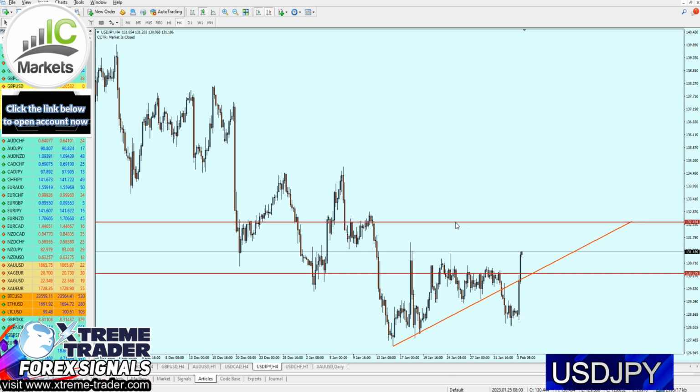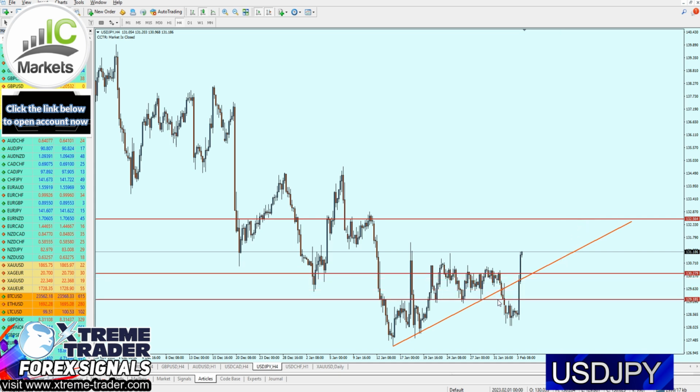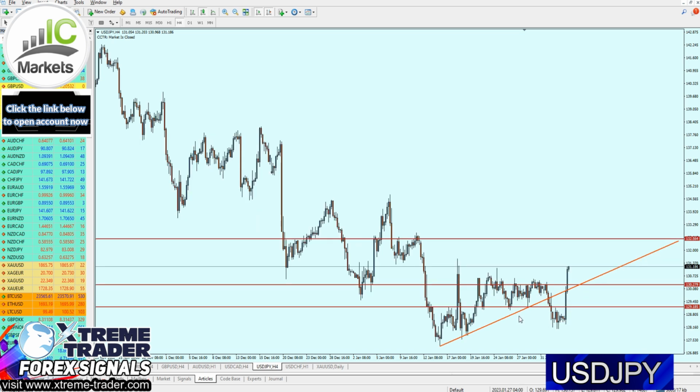And the target, my friends, has to be placed right there exactly at the nearest strong key resistance level at 132.564, which means we're actually aiming for approximately 228 pips profit. Meanwhile, the safe zone won't be ranging lower than the level of the nearest strong key support level to our entry at 129.185, which means the safe zone is ranging for about 100 pips against 232 pips of profit. And by the way, for the USDJPY, this is absolutely nothing.